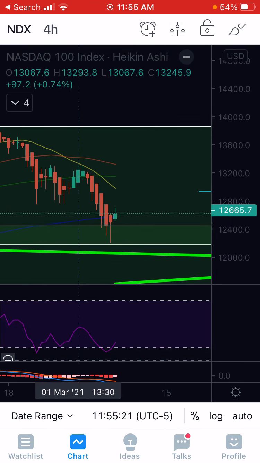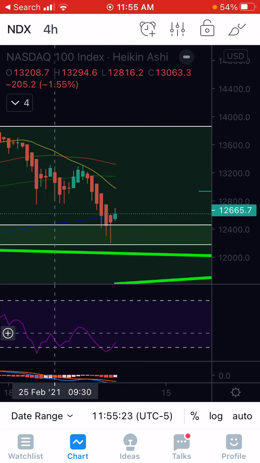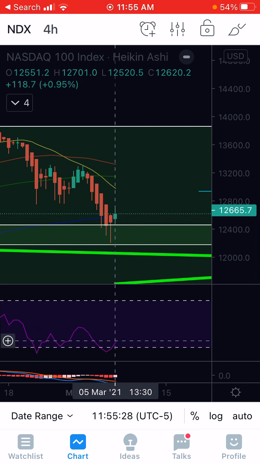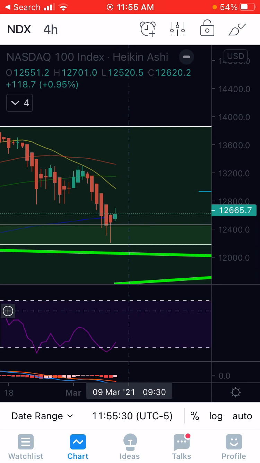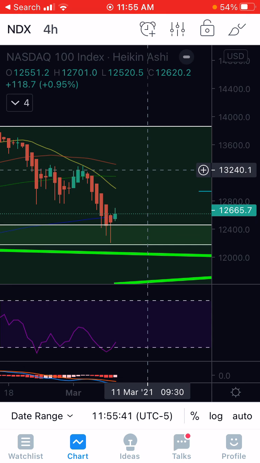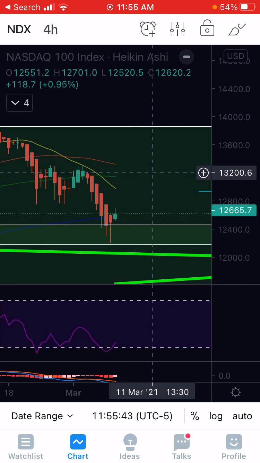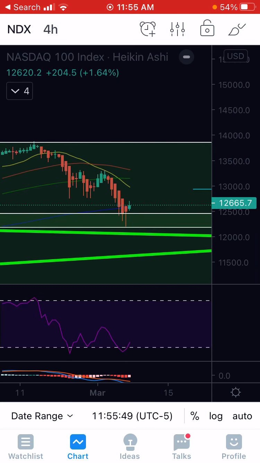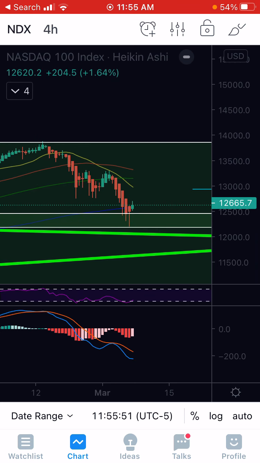This is a 4-hour. We got a nice bounce here. We really want to get above this RSI right here. If we can get above here, that'll be very, very good. Most likely, that's going to be somewhere around 12,700 area, and it could come up as high as 12,900. But the key thing to get above is the 13,300, in my opinion. So we're going to have to see. But as of right now, it does look good for a nice bounce.